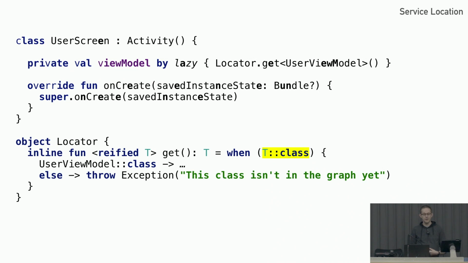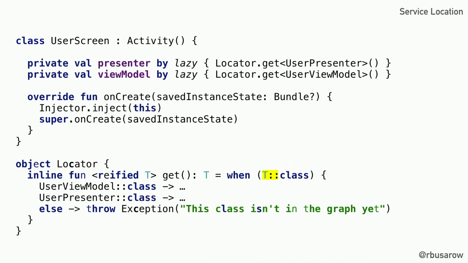And so what that allows us to do here is, this code would not compile if it was not reified, but it is, so it will. We're able to check the type of that generic type T and determine what sort of class it is. And then we can do a lookup into a graph for that T, or we can just have a ginormous when block like this where we know the type and we're able to perform different actions depending upon what it is.